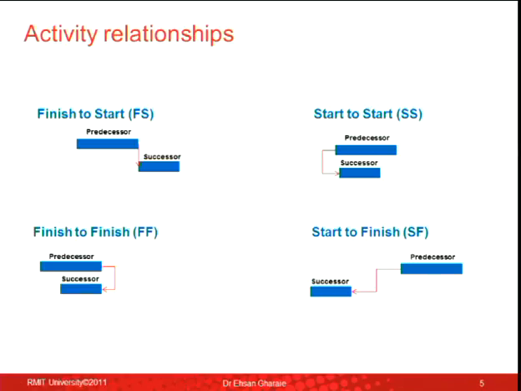And then we had a start to finish, which means the finish of this depends on the start of the other one. And if you remember, we had that example of competition and training. So the finish of training depends on when the competition is going to start. So we had this kind of relationship, plus we had lead and lag, and we looked at lag last week, so you could see how we can address lag in a critical path method implementation.